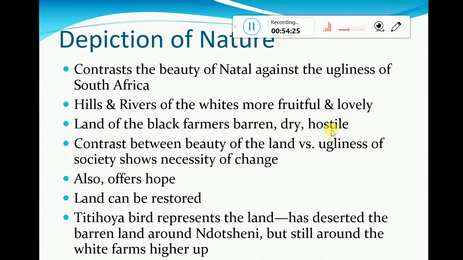Hence, again, I'm repeating, these are the conditions that led people to migrate from Ndotsheni to Johannesburg in search of greener pastures. The contrast between the beauty of the land versus the ugliness of society shows the reason it is necessary for change. The land can be restored, and indeed the land is going to be restored in book 3, which is the end of